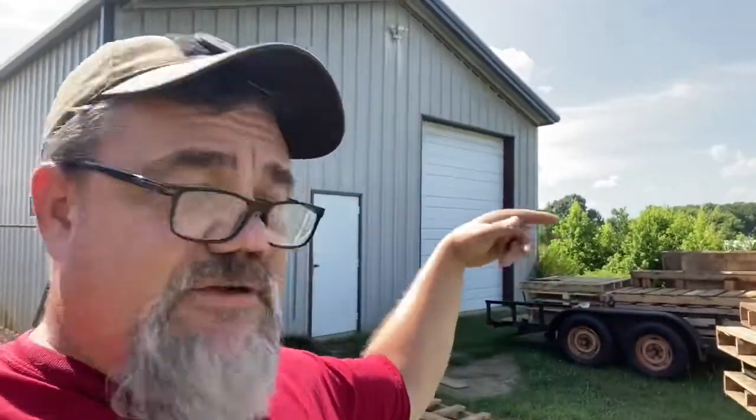What we'll do is we'll stand them upright. And there's gaps in the boards that's big enough that chickens could probably get through it. So we're going to put some chicken wire on it. We're going to screw them together. And then we're going to put chicken wire about 3 foot up. And that should keep the chickens out. Then on the other side,